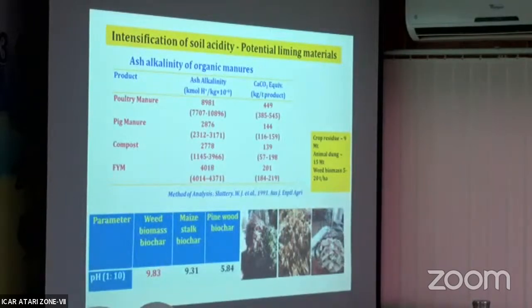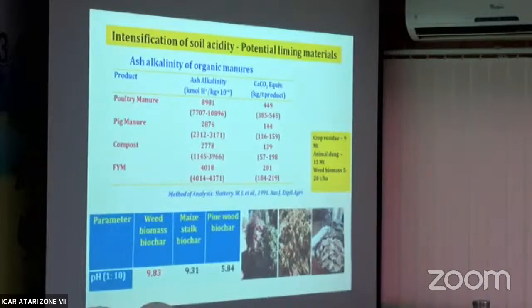But in other cases also, in the commercial farm, you will get it. And in the farmer's field, every household will have poultry. So we have to make them aware about how to conserve it, because they throw it away outside. If rain comes, a lot of nutrients are lost. So you should ask them to preserve it under shade. That will make excellent manure, because it's rich in nitrogen, phosphorus, and potash. Apart from that, it has liming potential. So that sort of durable technology we should promote on the farmer side.